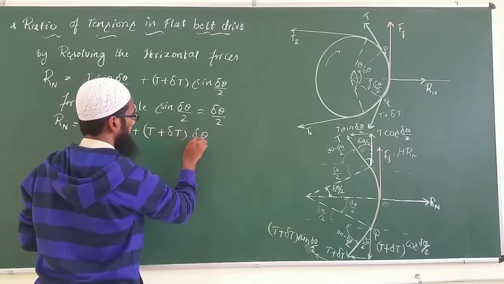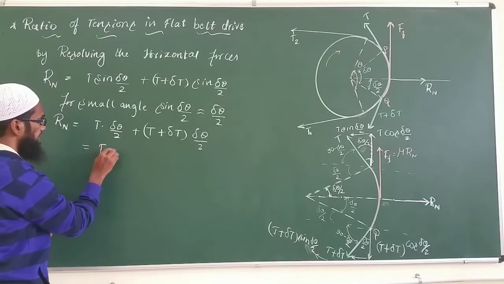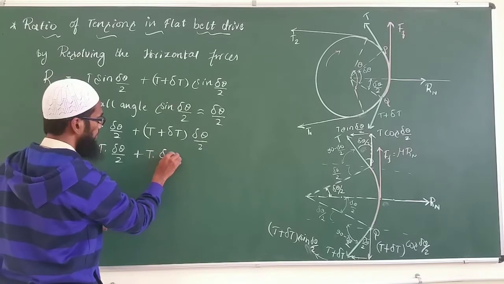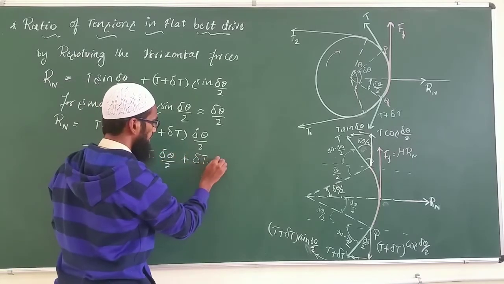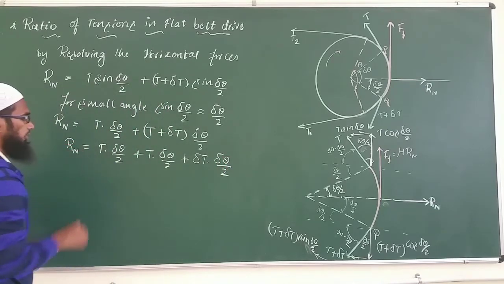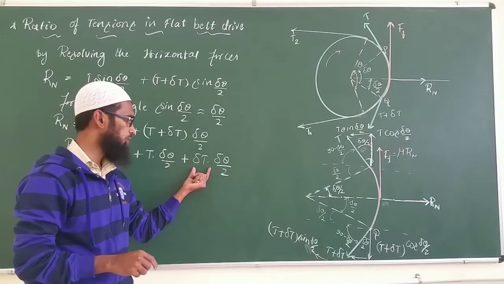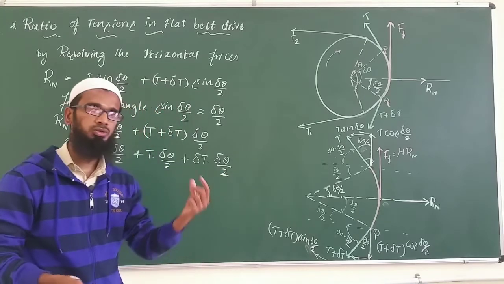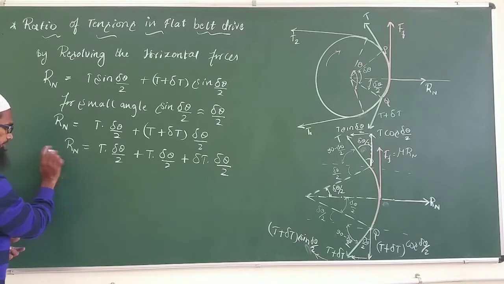So this is ∂θ/2. Now we just remove this bracket here: T·∂θ/2 plus T·∂θ/2 plus this ∂T·∂θ/2. This is Rn. Now again, the product of these two, since ∂T and ∂θ/2 are very small here, the product of these two is also very small, so that we can neglect